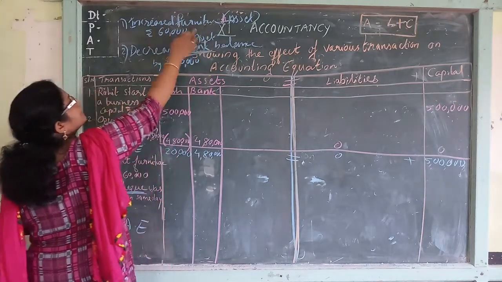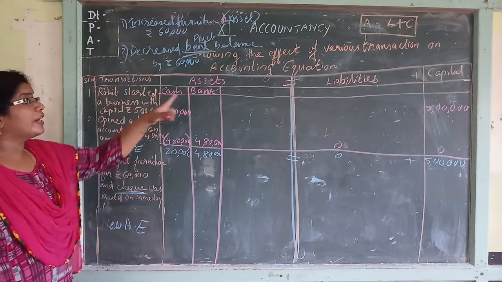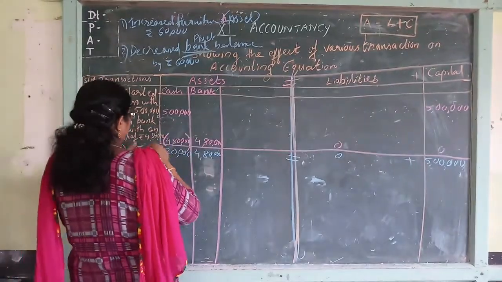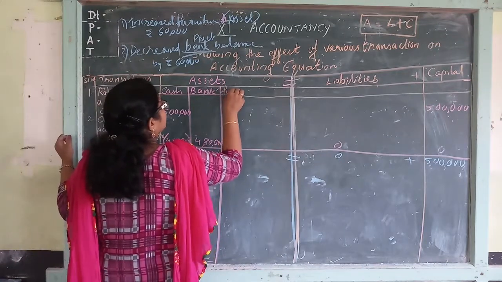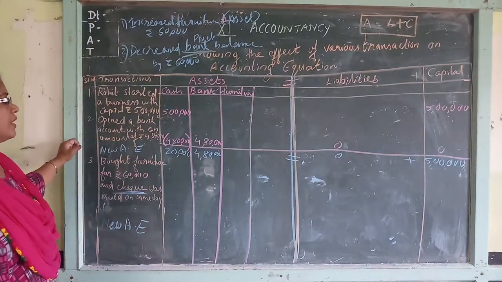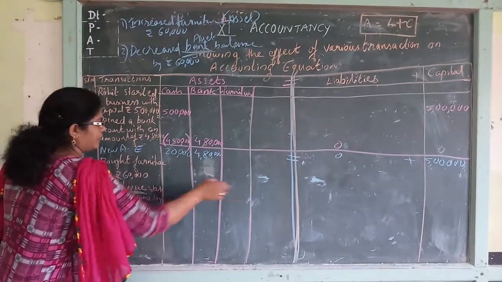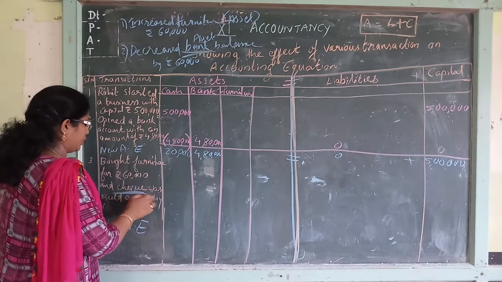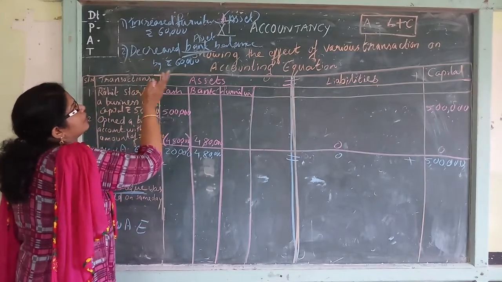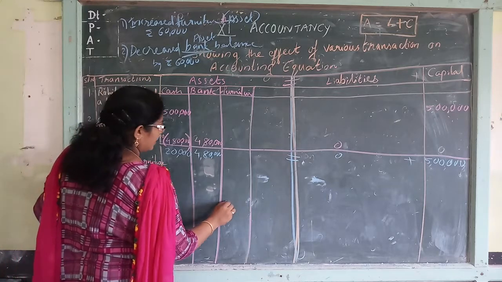So on one side our asset is increased, on one side our asset is decreased. Which asset is increased? Furniture asset is increased. Furniture is not here, sorry, we are making that one, so the name of another asset, furniture. Okay, don't write here or there. This is the accounting equation, don't touch there. Use this proper line only. Bought furniture for rupees 60,000 and check was issued on the same day. So use the last line here. The name of the asset, furniture. Furniture increased here, not here. Furniture 60,000 is increased.